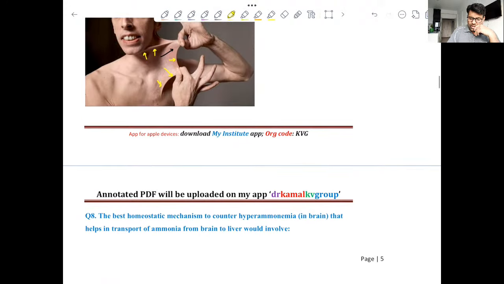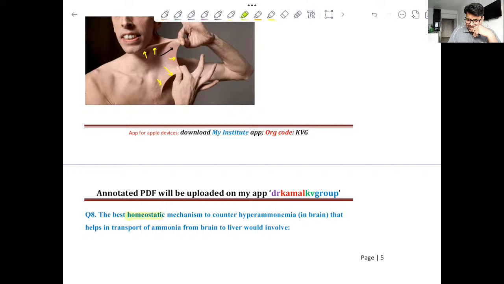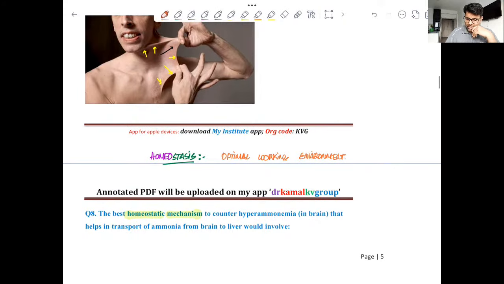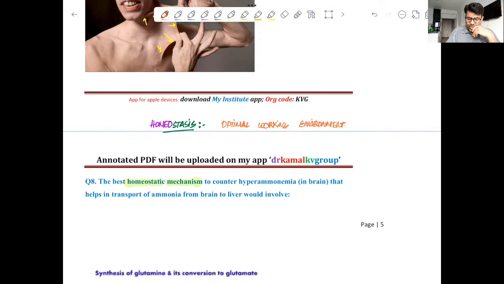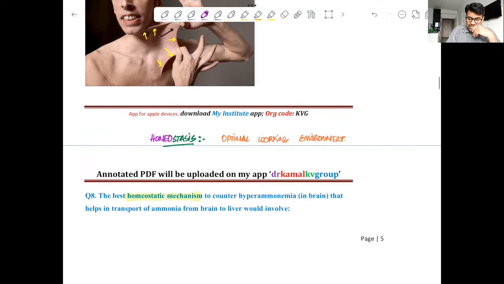Then moving forward, the best homeostatic mechanism. Now, what is this word homeostasis? Homeostasis means there is an optimal working environment of the body, right? So, in simpler words, optimal working environment of the body. All the processes are working in harmony in an optimal manner. So that is homeostasis. Now, which homeostatic mechanism is necessary to counter